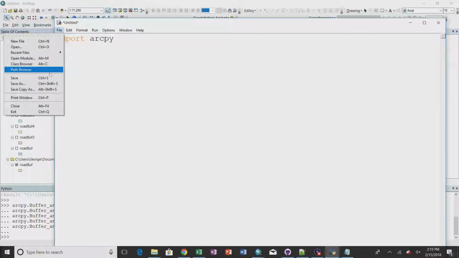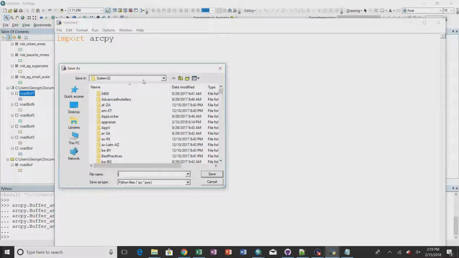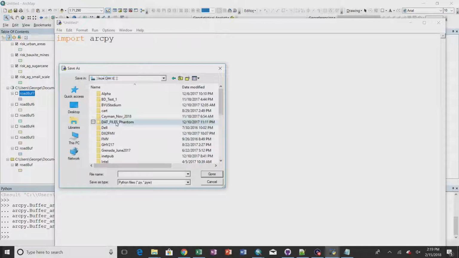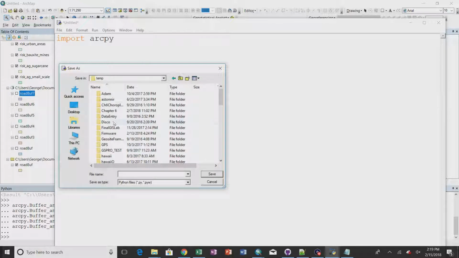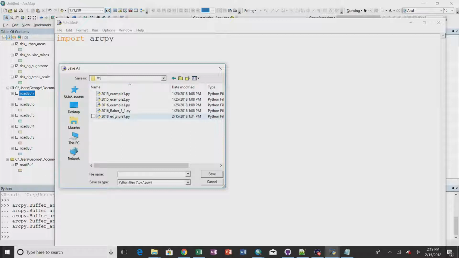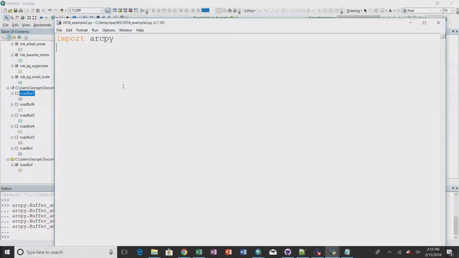I'm going to go ahead and save this as C:\temp\M5 SPA M5 2018 example 2. So if you're going to run it outside of ArcGIS, you need to import ArcPy. That's like starting up ArcGIS. Then the next thing that you need to do is